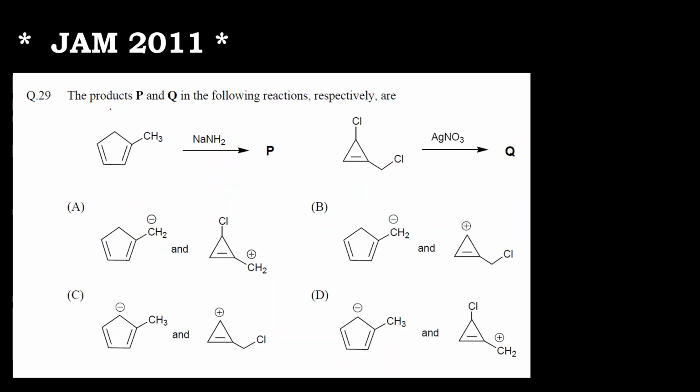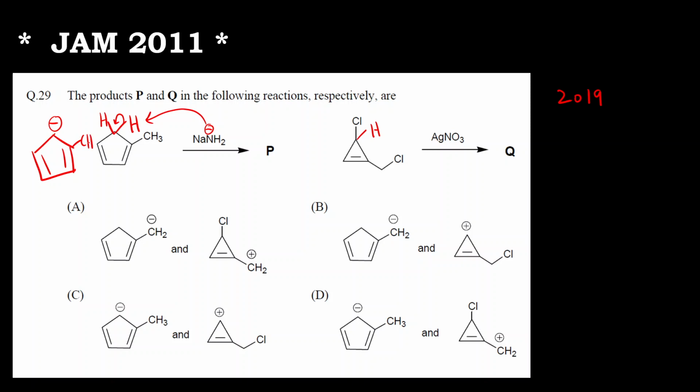This question: the products P and Q in the following reactions respectively are. So this reaction is similar to the question that we did in 2019. That is, we have to do the reaction and find out the product. So which are the most acidic protons? Here these two are the most acidic protons, and here this is the acidic proton. Why? Because this NH2 minus is a strong base. It will abstract this proton and we will get this structure,